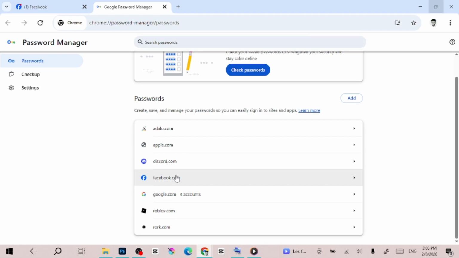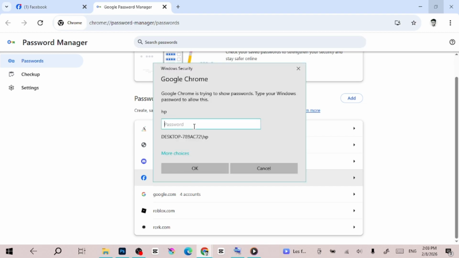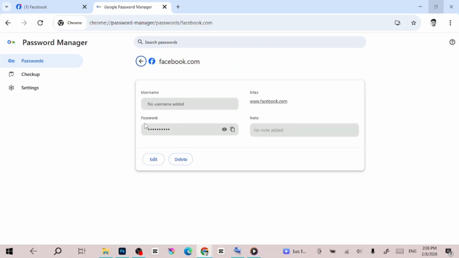I will just go to Facebook and click, and I will add right now the password of my PC and click OK. And here is, guys, my Facebook password. If I click here on show, I will be able to see my password and copy it, as you can